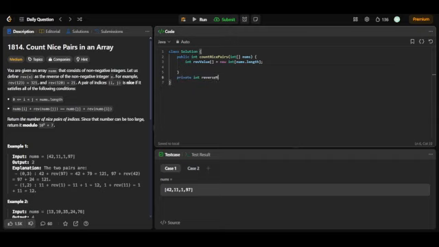Let's call it reverseNumber, and here rev and reverseNumber will be the same only. It will be taking a parameter as an integer, and what it will be doing is